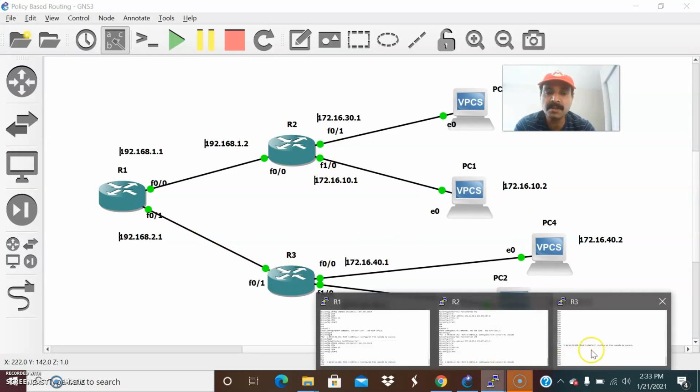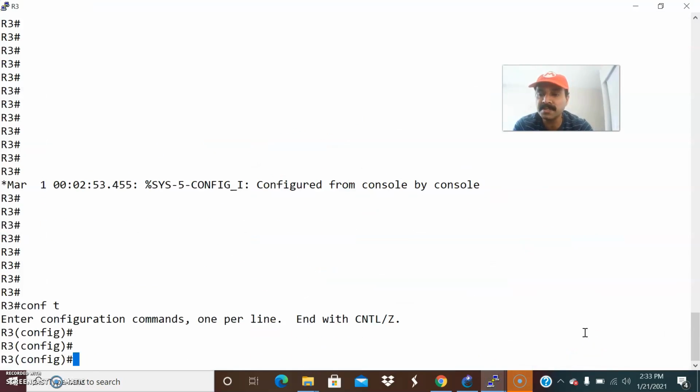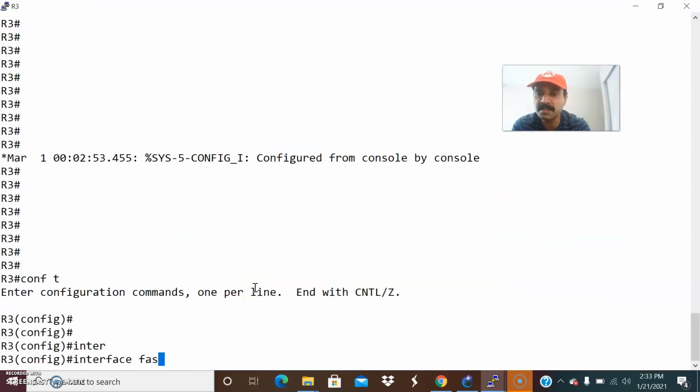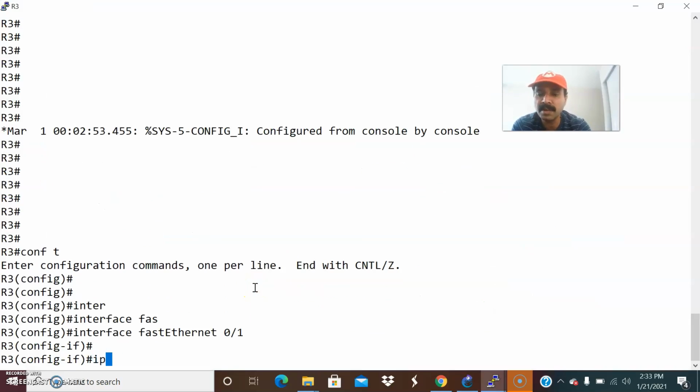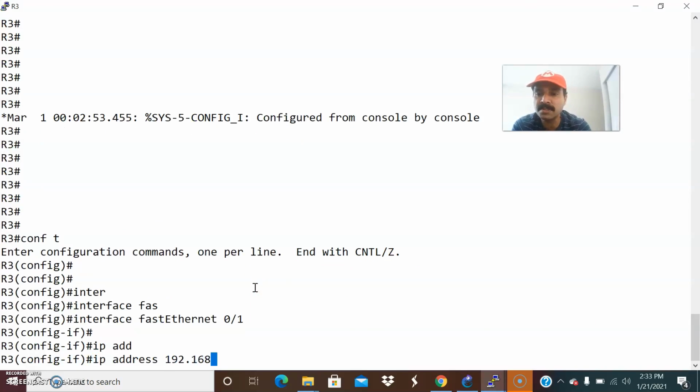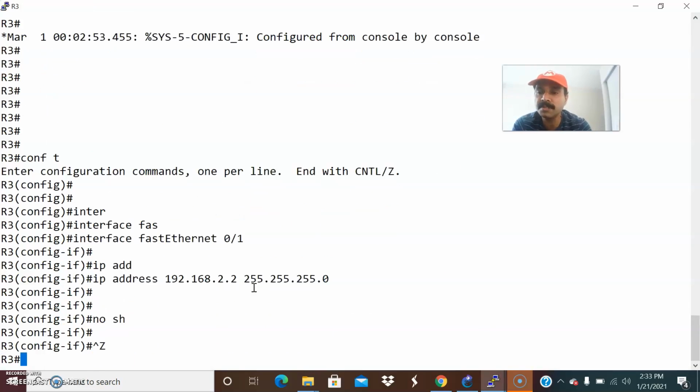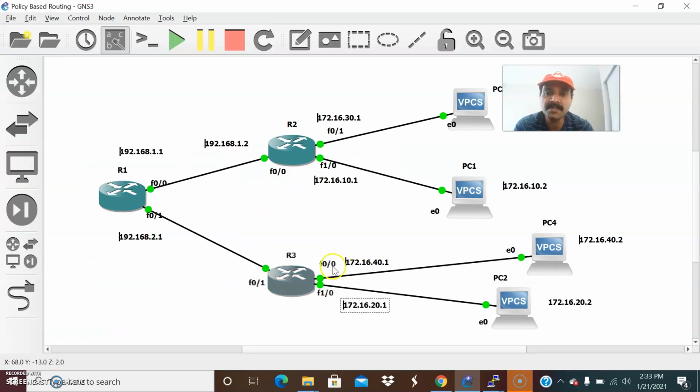Let us go to R3 and quickly configure the interfaces. One is 0/1, right? Interface FastEthernet 0/1, IP address is 192.168.2.2, 255.255.255.0, and let us do a no shut. After that, FastEthernet 0/0 and 1/0 are the PC gateways for PC4 and PC2.